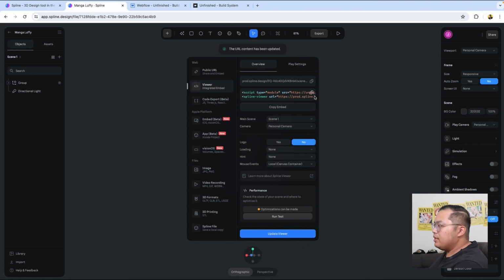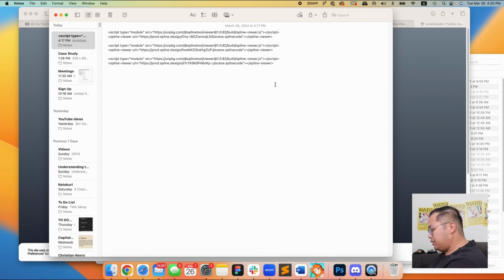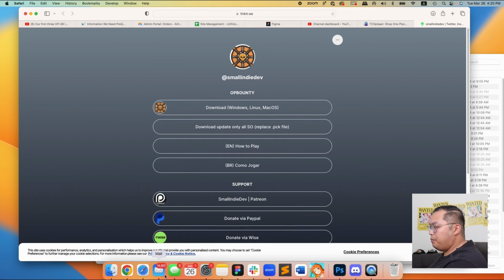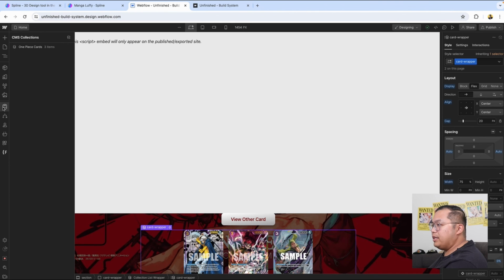Overview, copy, and then we will go ahead and go to notes, and then we just need this code right here, copy, then we'll go back to our Webflow, our CMS here,